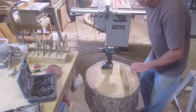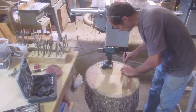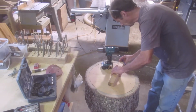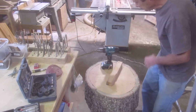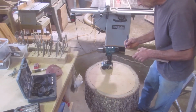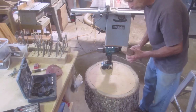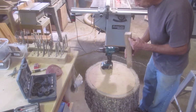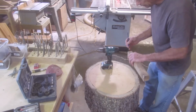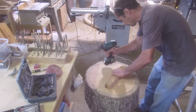And I should mark around where this hole's gonna come out. So that way I know where to put it. There, so I put a line down the center of the hole, and I got one on the side where the drill bit comes out. So now all I have to do is hit my mark,